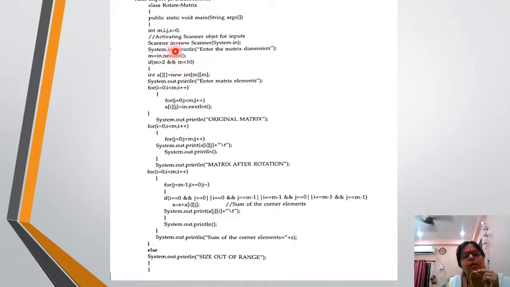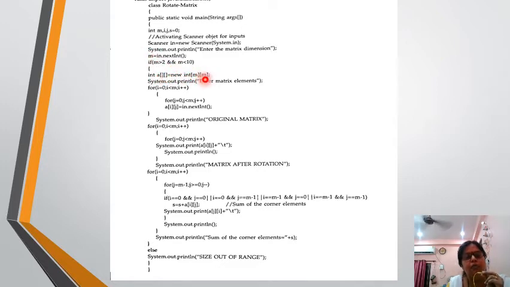Now here we have taken the scanner. Now we have taken the matrix. We have checked if our array size is greater than 2 and less than 10. Then we have input our elements in the matrix. See here the elements are put in. This is the size of your array. We first check that the elements will be within range. Then first we have kept the range here.